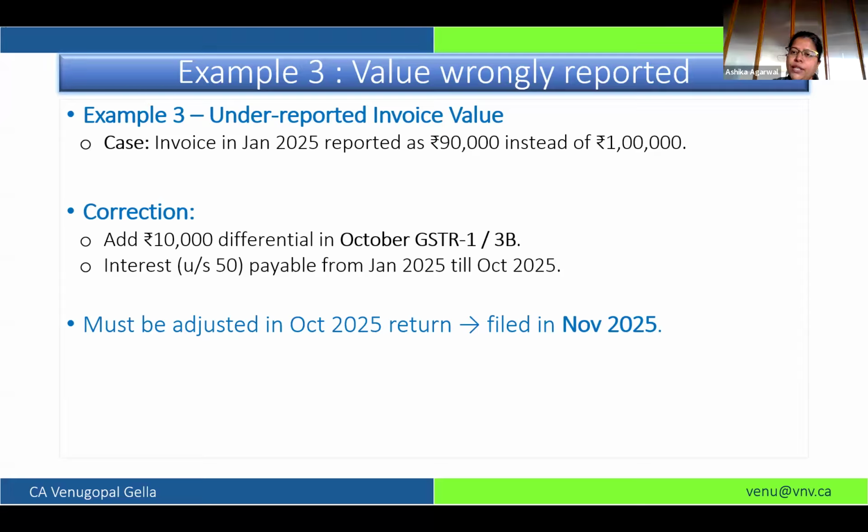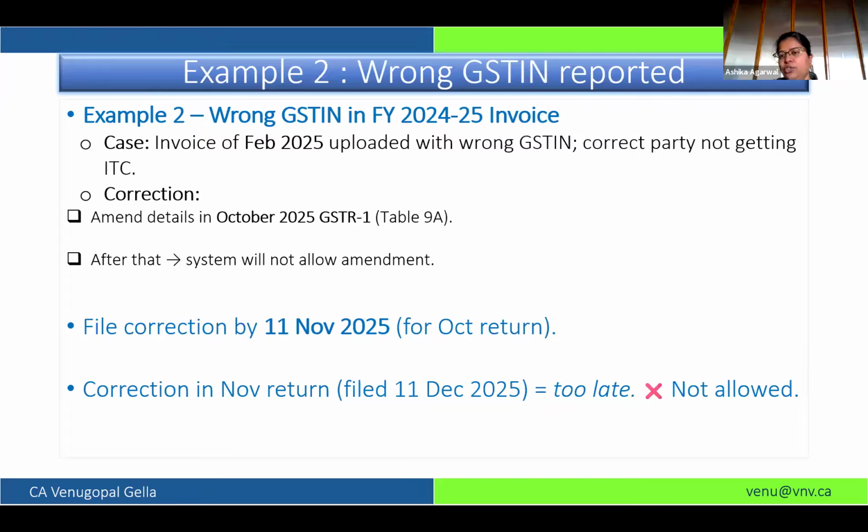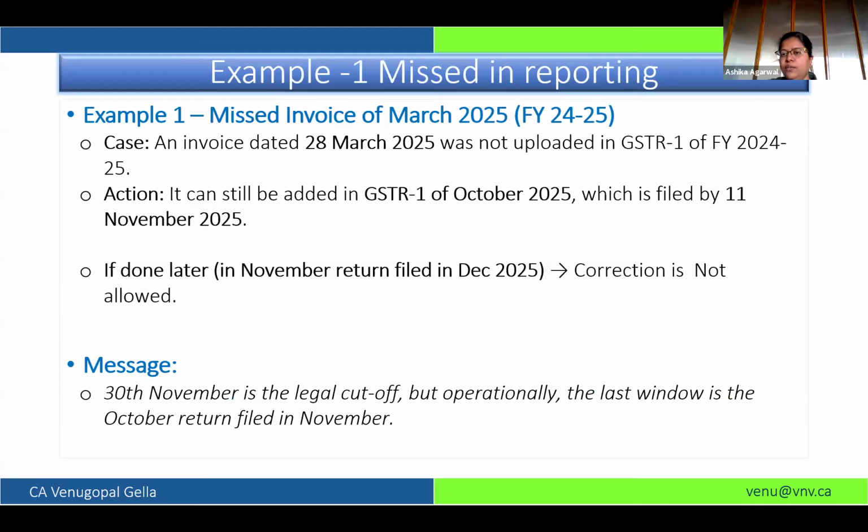If you have underreported, obviously based on GSTR 1, again 3B will be auto-populated and you are liable to pay tax on it. Like in the previous case, there is a GSTN change. Due to a GSTN change, there will be no GST liability, because the invoice value data is correctly reported. Only the person on whom you have raised the invoice is wrongly reported. So there will be no tax liability. In case of misinvoicing also, based on your R1, you are liable to pay tax, which will automatically get auto-populated in GSTR 3B, and you will discharge your liability based on what you have filed in R1, where you have included the misinvoice also.